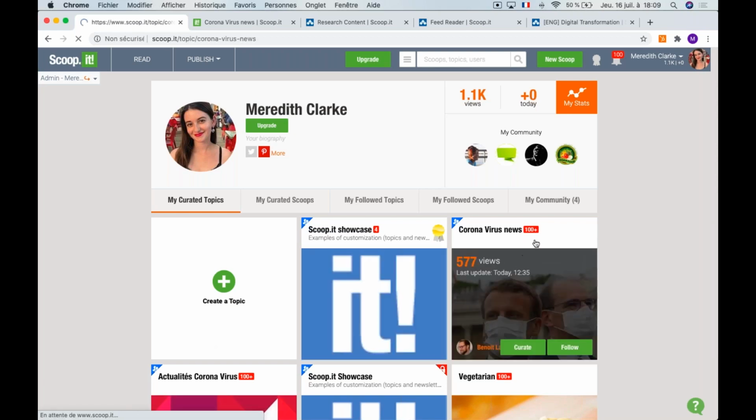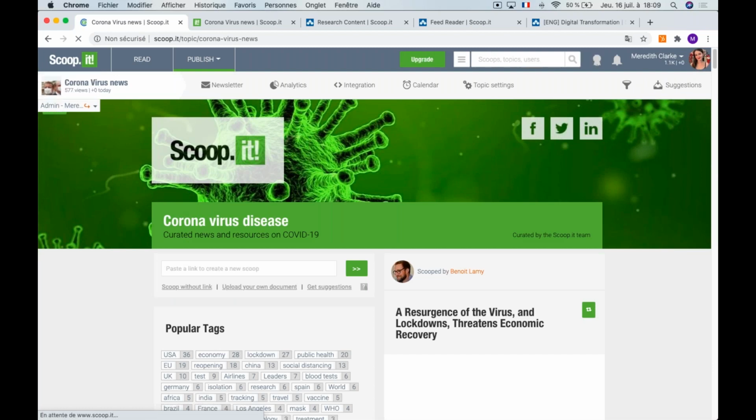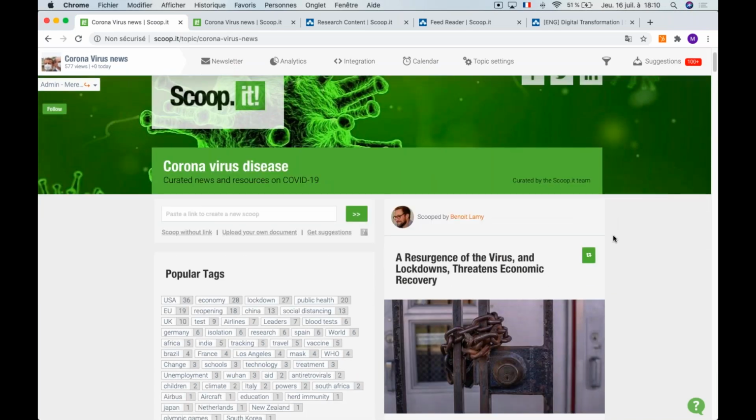So if I go on to the one in English, you can see that we've customized it to be a bit more attractive. We created these topics in the idea that we wanted to keep ourselves informed, but also communicate information that we had read that we thought was interesting, with a bit of added value to it with the insights, as you can see here.